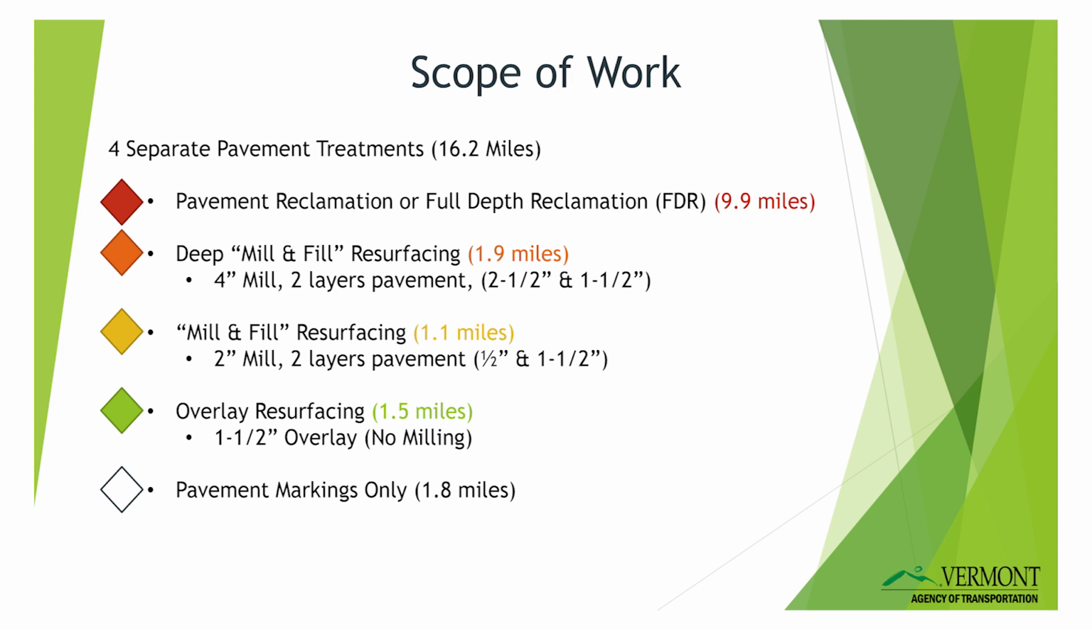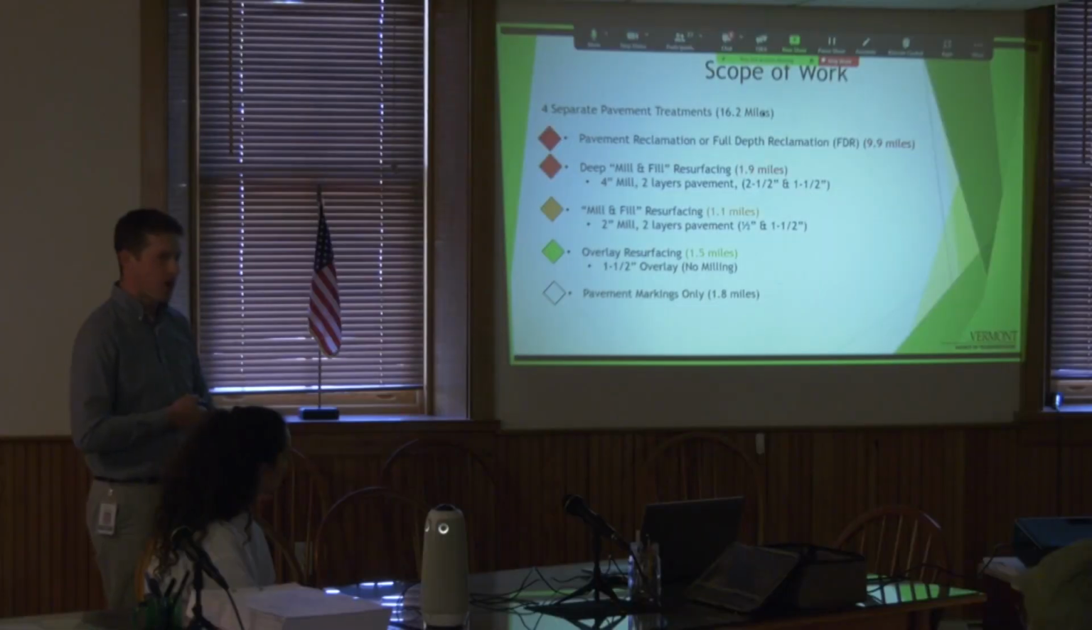And then the orange is like a deeper mill and fill consisting of 4 inches of milling, followed by an intermediate course is what we call it, and then a top course, which is that 1.5 inches here. And then a little bit less invasive is a mill and fill of 2 inches. That's pretty typical. And then we're doing an overlay, and then there's one segment over by the Goodrich Maple Farm